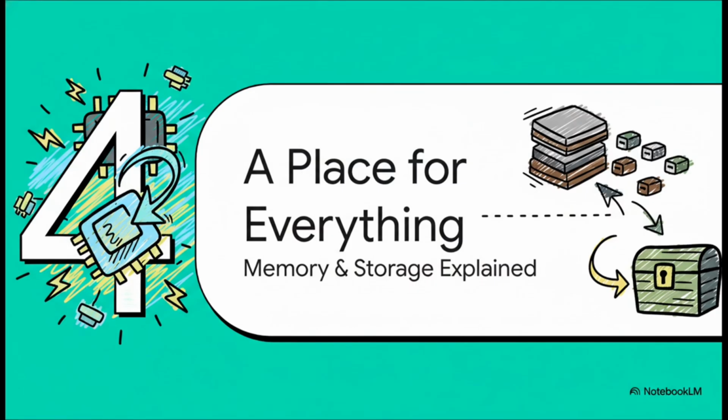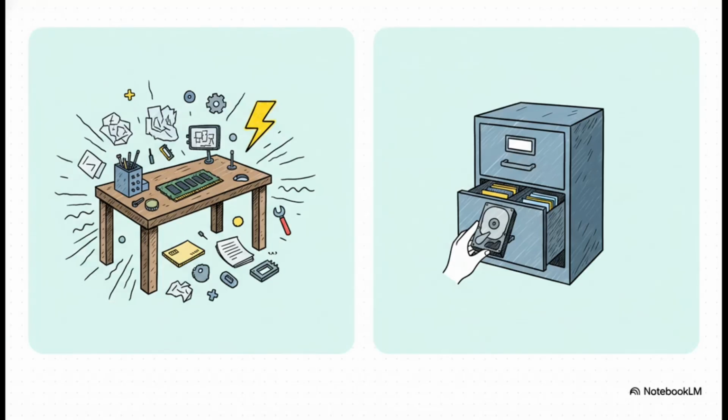This brings us to something that trips a lot of people up: the difference between memory and storage. They sound similar, and they both hold data, but trust me, they work in totally different ways. Here's the best analogy, and it's a classic for a reason. Think of RAM, or primary memory, as your desk or your workbench. It's where you put everything you're working on right now. It's super fast and easy to grab stuff from, but the second you turn off the power, poof, the workbench